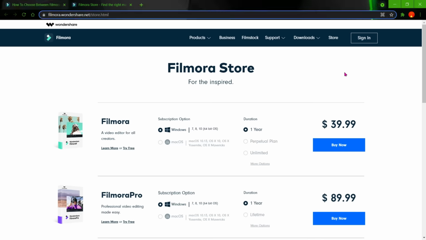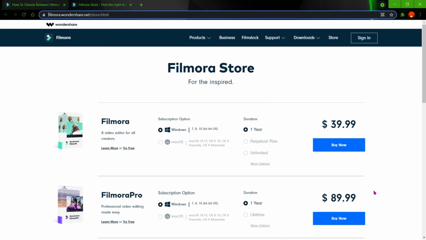And these are the prices for Filmora. Subscription for Windows and Mac for 1 year is $39.99, and the Filmora Pro subscription option is for 1 year $89.99. So that's all about the version, download, pricing and export.